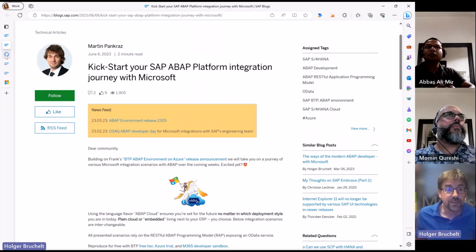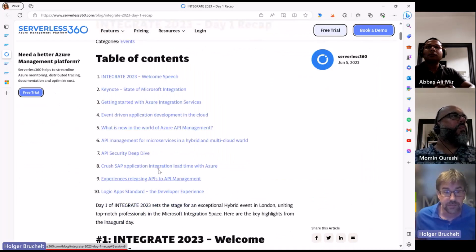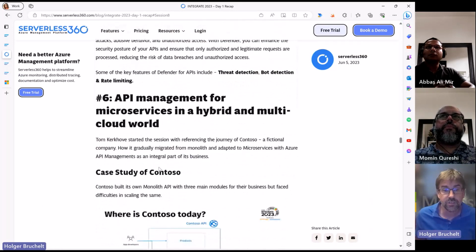Now, speaking of Martin, there was the Integrate conference last week, basically in London. It was a 3-day event, and there's a lot of content that was presented. So a lot of integrating content, obviously, with Azure integration services, how you can leverage them to connect different Azure services and non-SAP and Azure services together, basically. And Martin actually also attended Integrate, and he had a very nice session about using